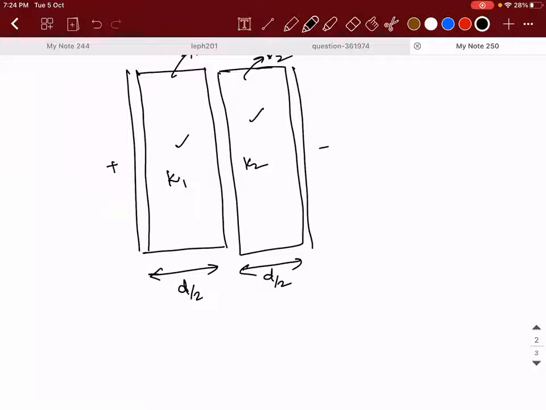These parallel layers actually mean they are connected in series. Correct? How are they connected? They are actually connected in series. So if I say the capacitance of this is Cx and the capacitance of this is Cy, can I say Cx is equal to epsilon naught A, because the area of cross section is still the same, divided by the distance? And what is Cy? Epsilon naught A divided by D by 2.